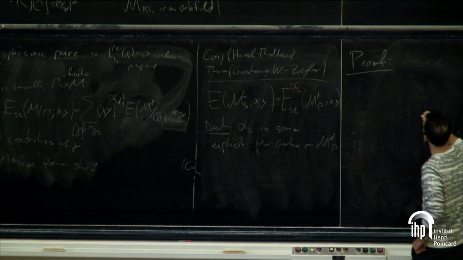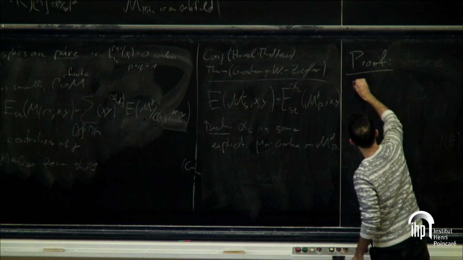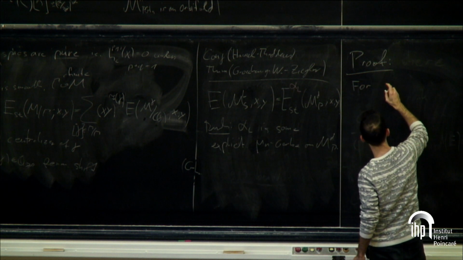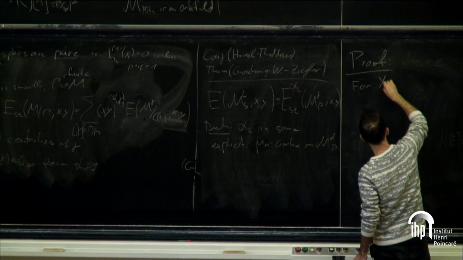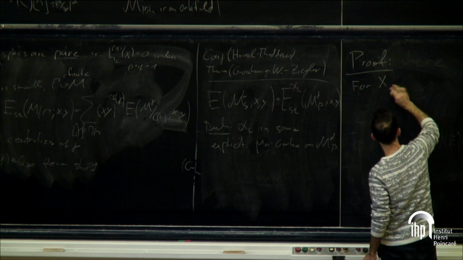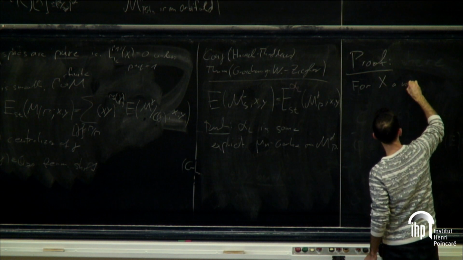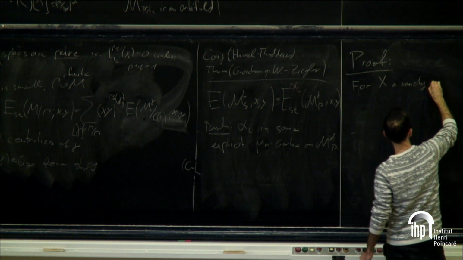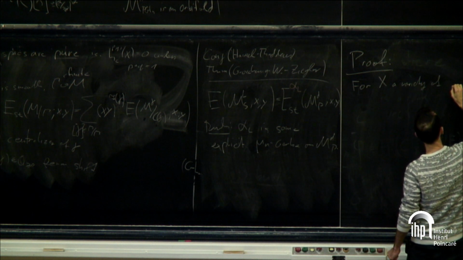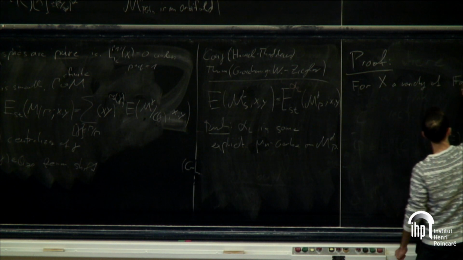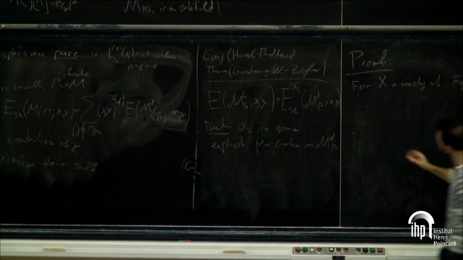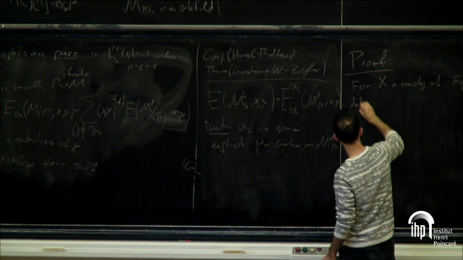Let's see. So for some general remark, so for X, a variety over Fq, so it's now a finite field with q elements, we define